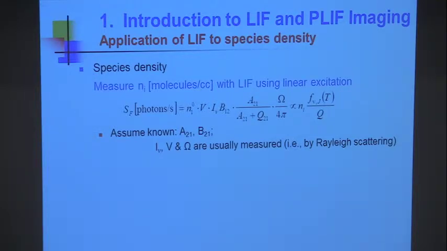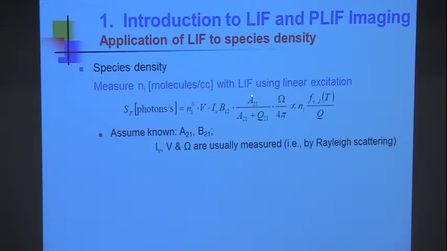Okay, what if we want to measure density? What are the things we want to measure? Density, meaning the number density of that species in an absorbing state. Let's say that's most often what you're after. How do you measure the number density of that species? Now that's proportional to the number density of the species times the Boltzmann fraction divided by Q, where Q is the quench rate. So in the limit of weak excitation, that is linear excitation, where A is smaller than Q,